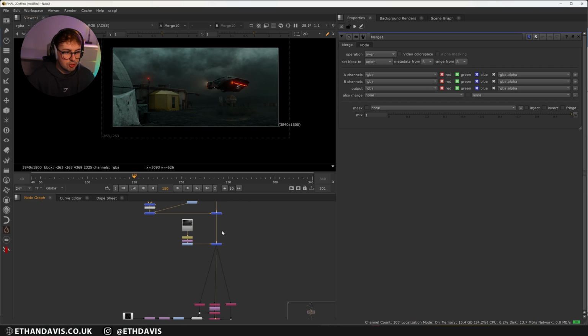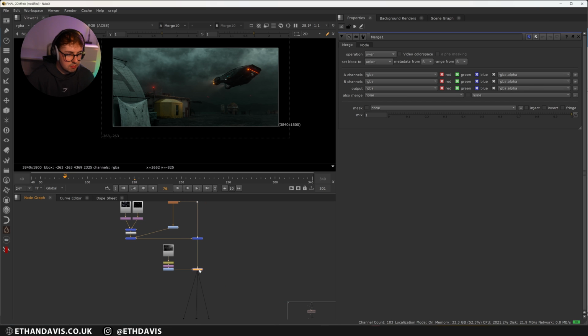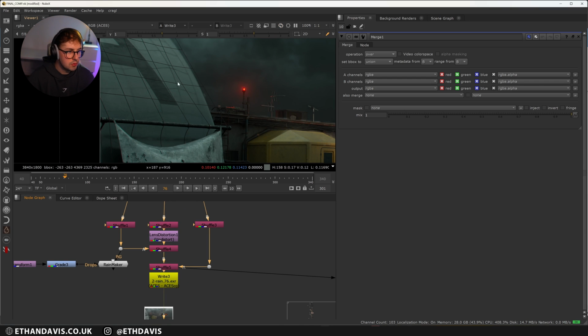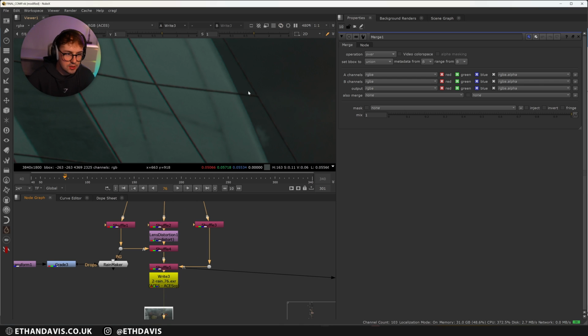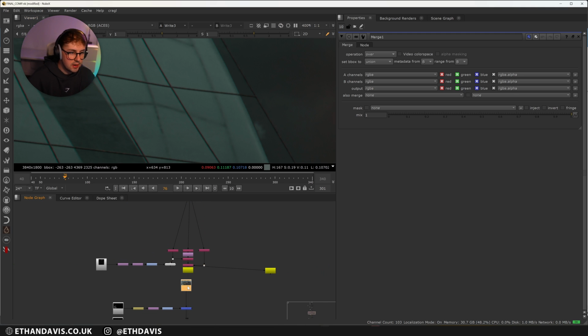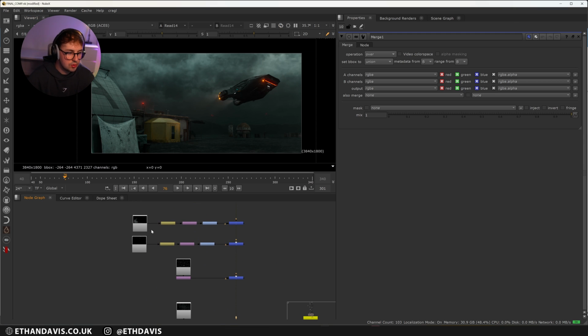From there, I added in some like smoke effects, which you can see kind of. And then I did a chromatic aberration, which is just like your lens losing sharpness at the edges, like so. And then I did a write node again. Now from here, I added in some like 2D elements.